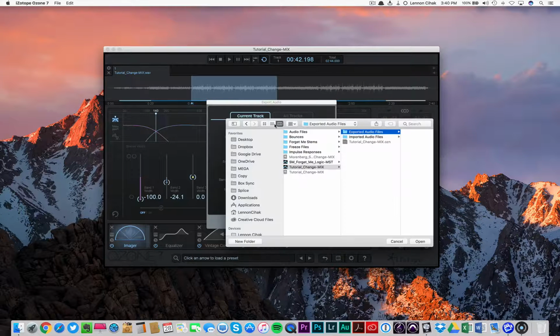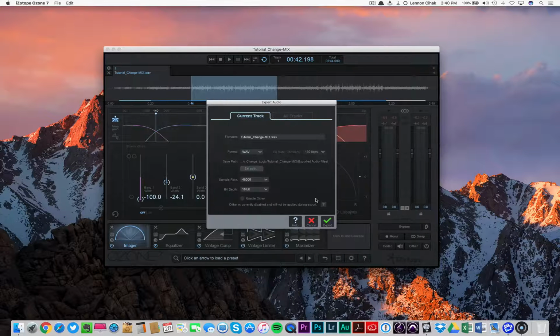Make sure that it's set to the correct location. Yes, that's where I want it to go. So we want 44.1 kHz, 16-bit, and we want to enable dithering. What dithering is: when you're going from a higher bit depth, so we export it as 24-bit and we're going to 16-bit now, what dithering does is it takes the information that's lost,